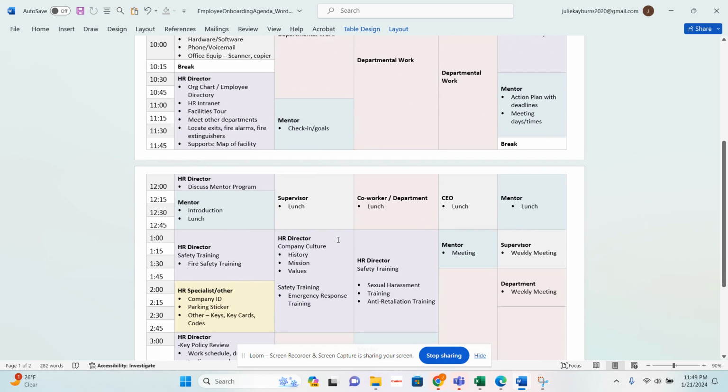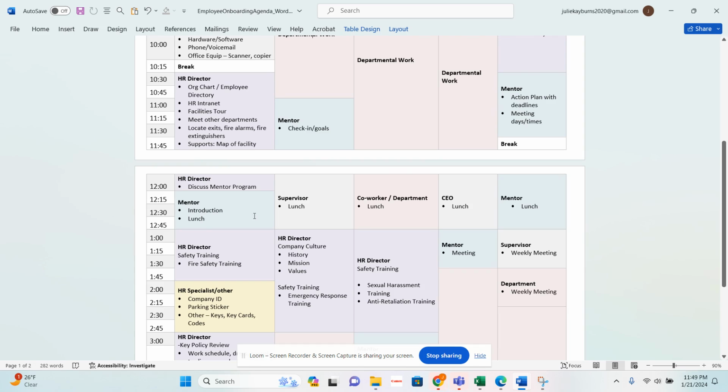I encourage a mentor program, or actually just a buddy program, just have that other individual, maybe someone in a different department but on the same level as the employee, like maybe they're both just starting new hires, right out of college, but one's been at the company a little bit longer. Have a buddy. But right here I put mentor, so introduction and lunch.